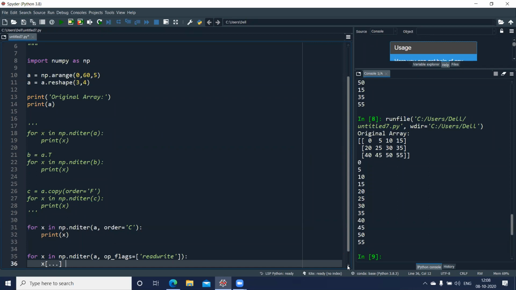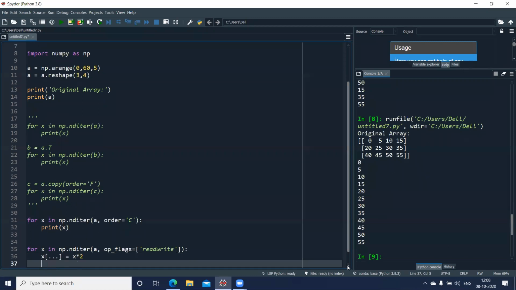So I can write x, square bracket, three dots, which is ellipsis, equal to the value of x multiplied by 2. Whatever value it is accessing from A, it is going to multiply by 2 and store it back in A.